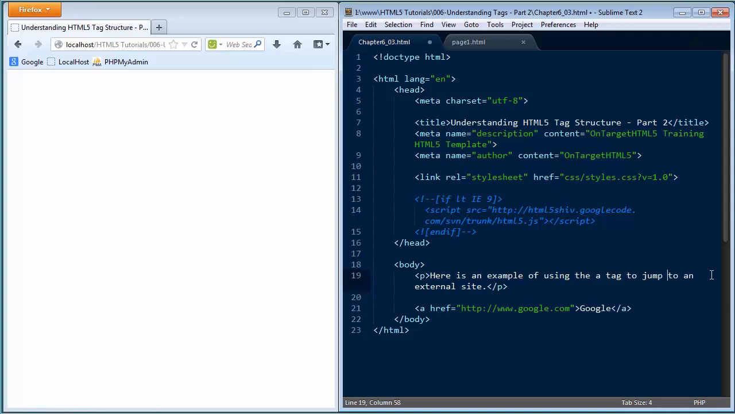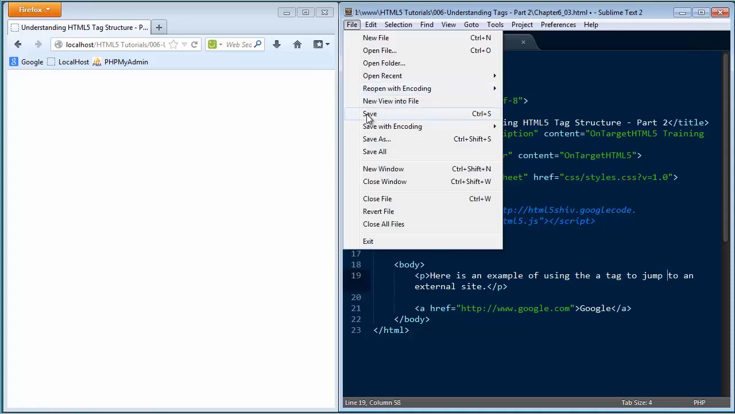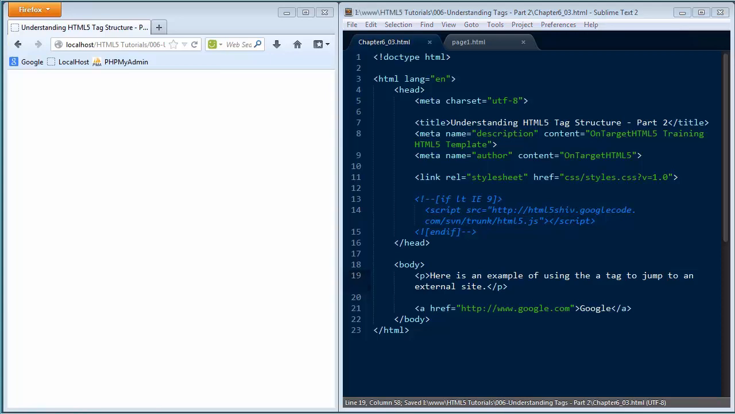So now instead of jumping inside of our website, we're actually going to use the A tag to jump to an external site that's external to our website. And you'll notice that what I've done in the attribute of the A tag, I've actually typed the URL that will take me to the site we're going to visit, and the name of that site is inside my A tag. So when I save this document and load the chapter 6_03, it tells me here's an example